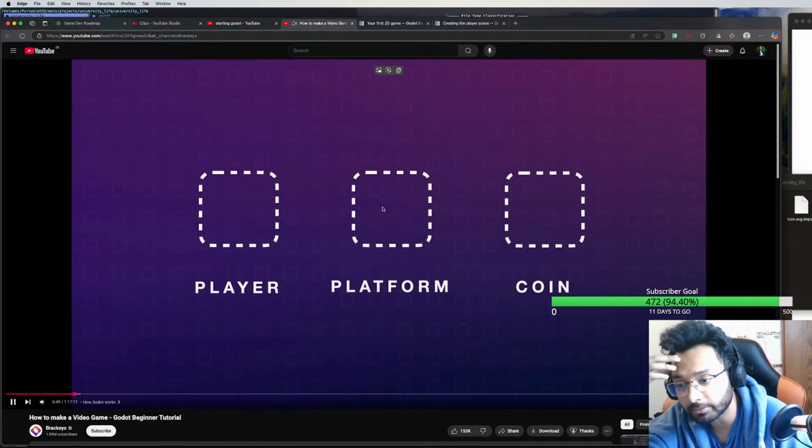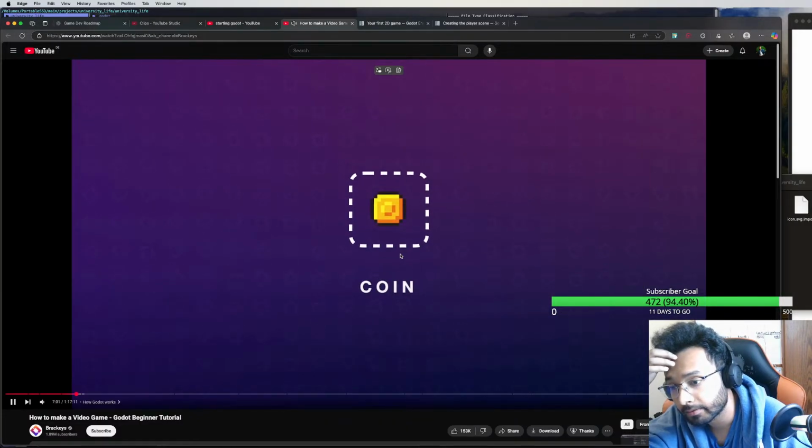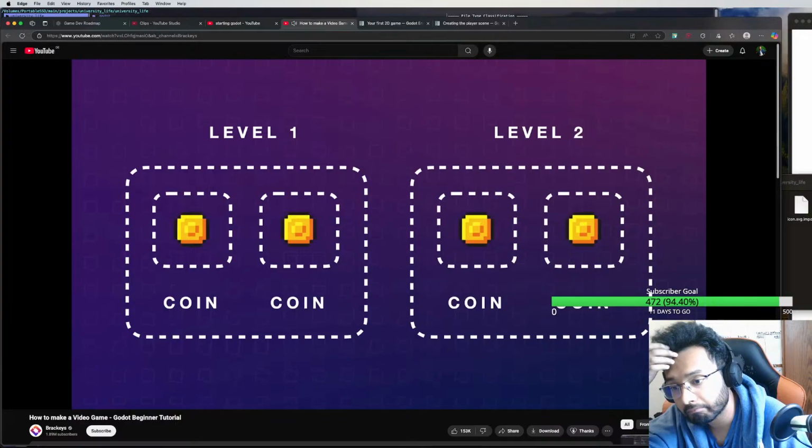scenes from one scene, a collectible coin scene, and put them all inside of another scene, say a level 1 scene. And even better, since scenes are reusable, we can make a scene only once and then use it all over our game. We can make many levels that all use the same collectible coin scene. And if we want to change something about our coin, we simply edit the scene, and it automatically updates everywhere